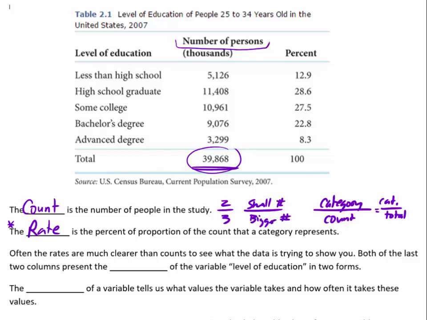Now, often they put rates off to the side, usually in percentages. So let's see. Percentages would be this column right here. Those would be rates. Percent, meaning per 100 if you had to average everything out. Excellent. So often the rates are much clearer than the counts to see what the data is really trying to show you. An example of this would be